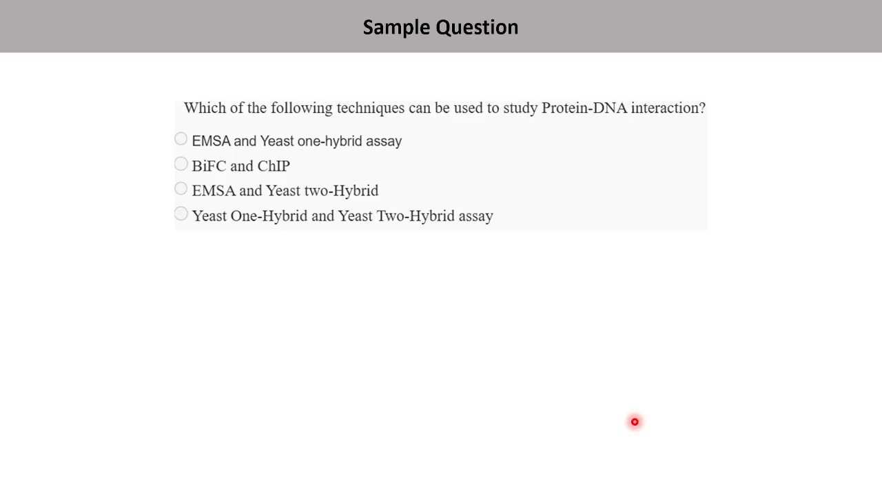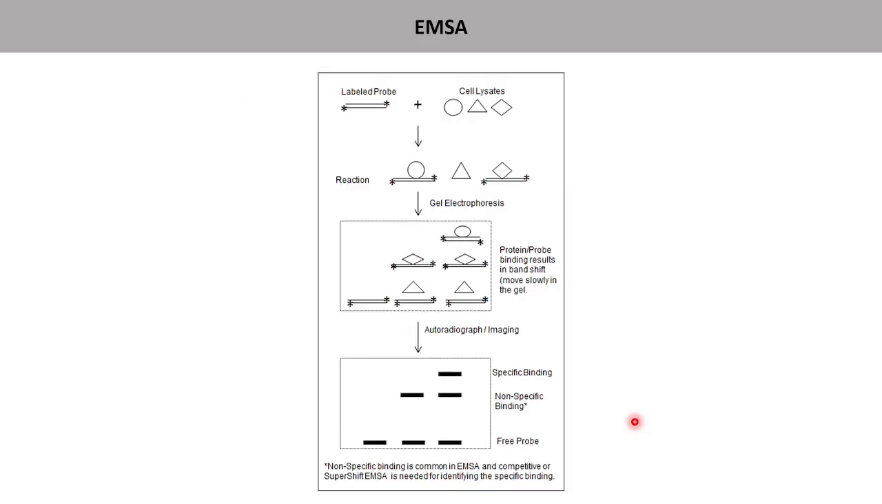Okay, so the answer to this question is, the technique that is used to study the protein DNA interaction is EMSA and yeast 2 hybrid system. Now let's understand these two techniques. So EMSA is basically electrophoretic mobility shift assay. So how this is done is